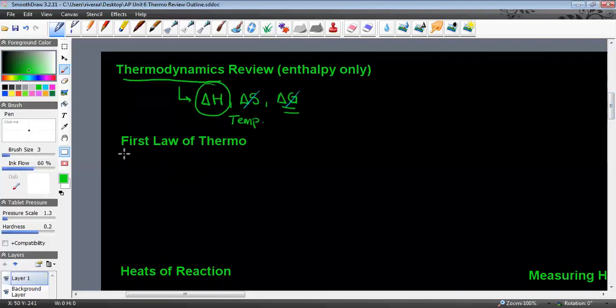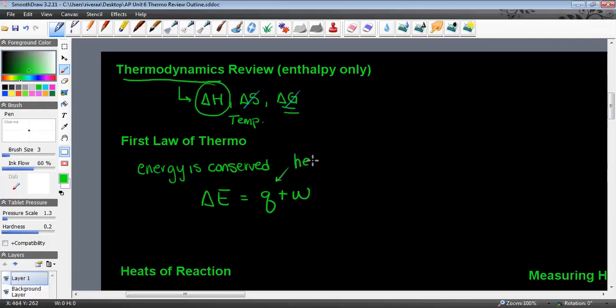And it all comes back to and starts with the first law of thermodynamics, which says that energy is conserved. So if a reaction is releasing energy, it's going somewhere, it's doing something. When we're talking about energy change in reactions, we're talking about two things: the ability to transfer heat and do work. Q is the heat transfer involved in a reaction, and W is the work being done